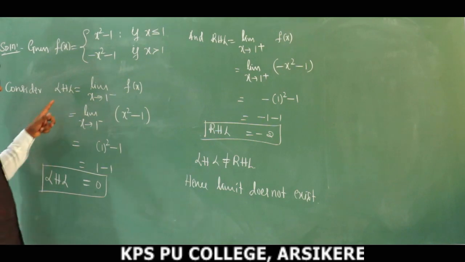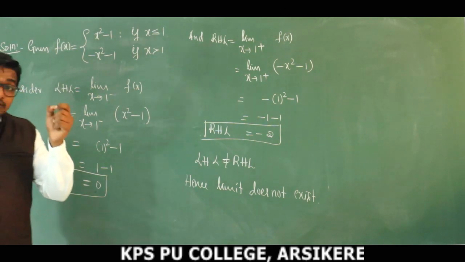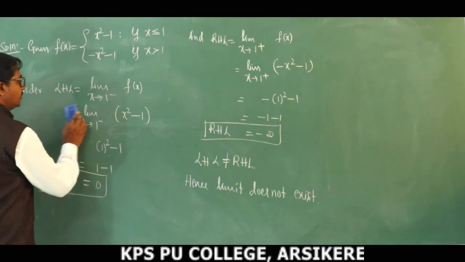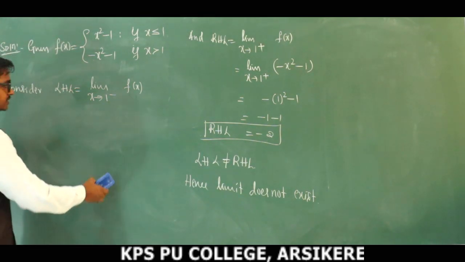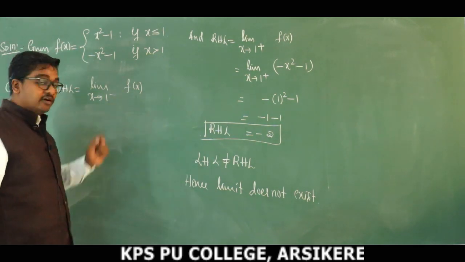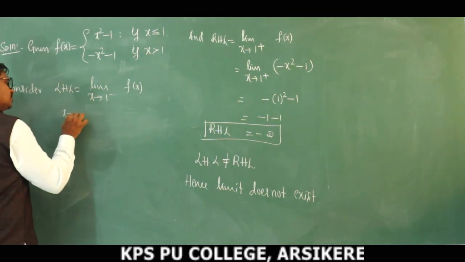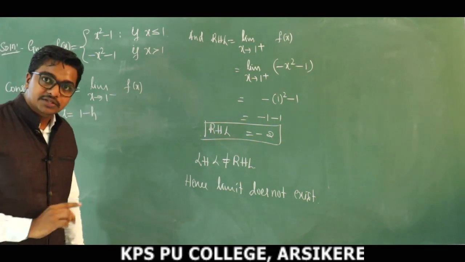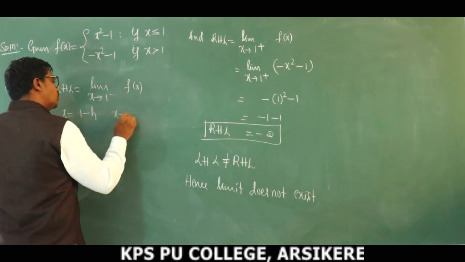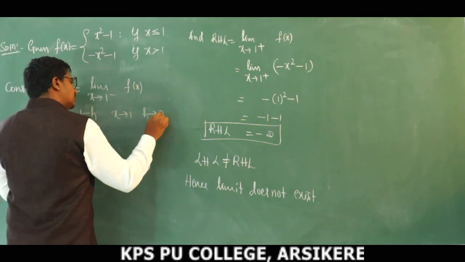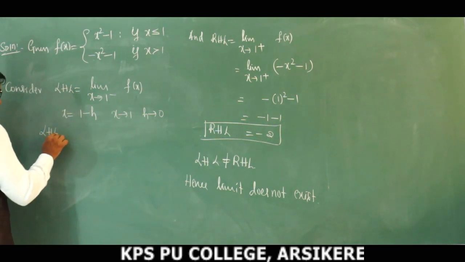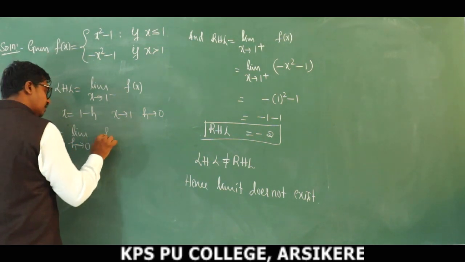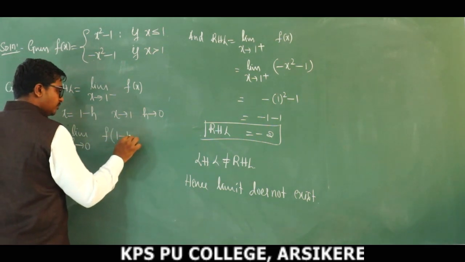Now dear students, we are solving this problem using another concept, using h. Look here. Similarly here also we take LHL, the limit as x approaches 1 minus of f of x. We are replacing x with 1 minus h. Just remember a minus h. When x approaches 1, h approaches 0, so our LHL is equal to the limit as h approaches 0 of f of 1 minus h.